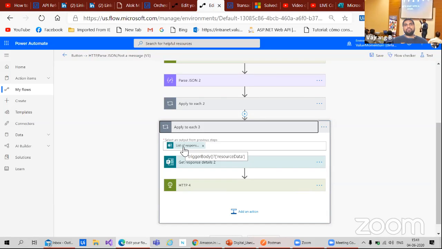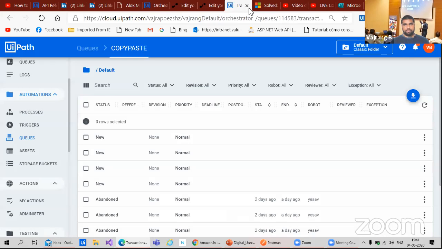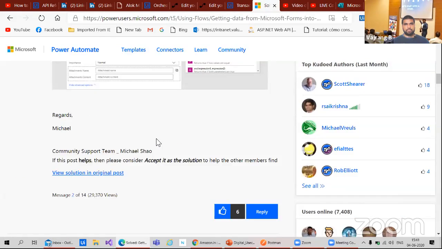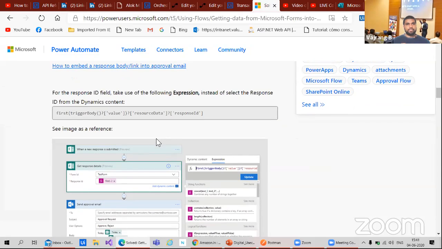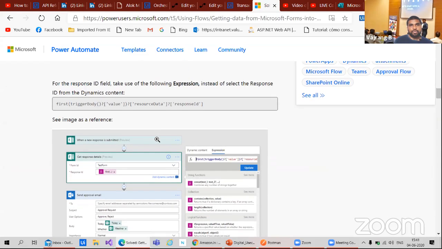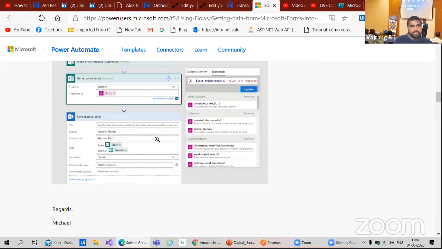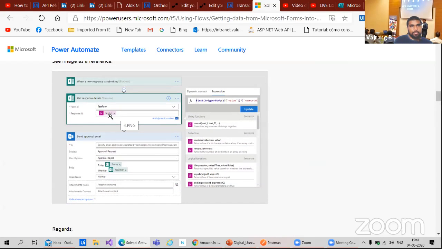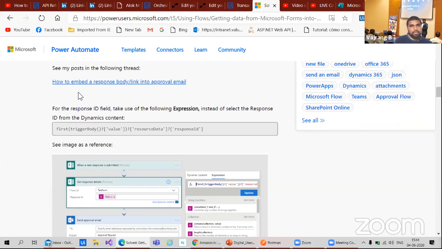Apply for each, select. See, this first trigger dot value response ID, use take the following expression. Yes, we do have this form ID. First trigger body dot value dot response ID that we have, so we can remove the response ID from here and take only the first two values. Okay, not sure if it will work. Let's